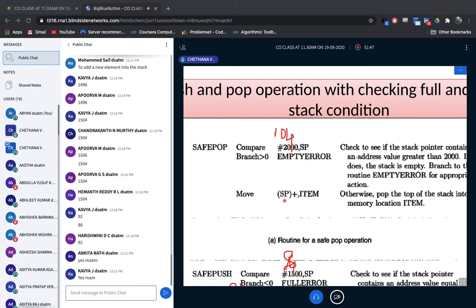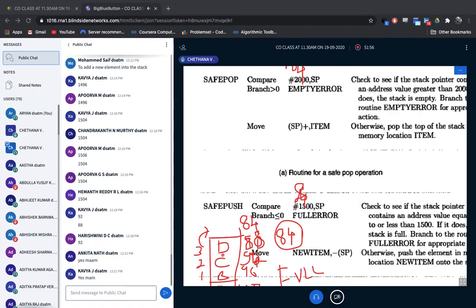Otherwise, move that item at that particular SP location into the item variable. Okay, copy that item. So what's that item? Suppose at that 88 location I have a D. Okay, pop out that and keep it in one variable. What's that variable? Item is the variable. So I've copied this data D and I've kept it in the variable item. That's all. Pushing and popping operation. Clear with this?